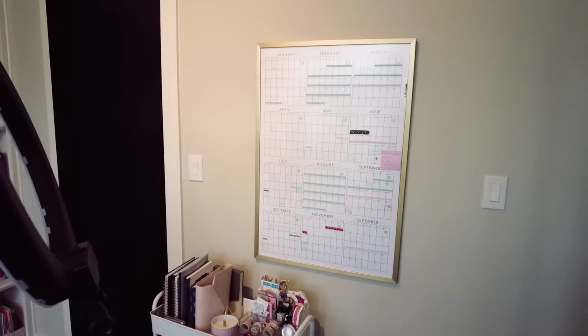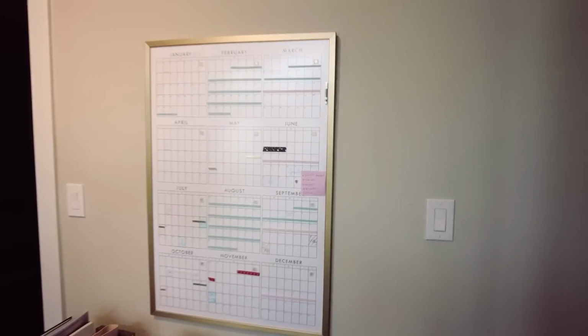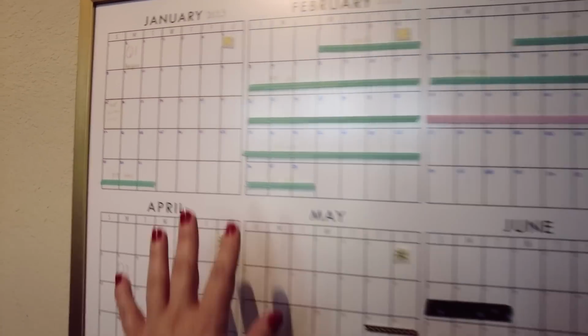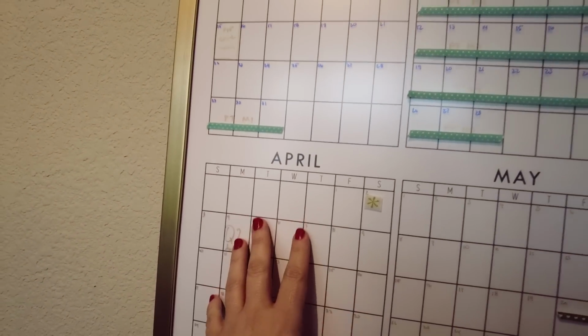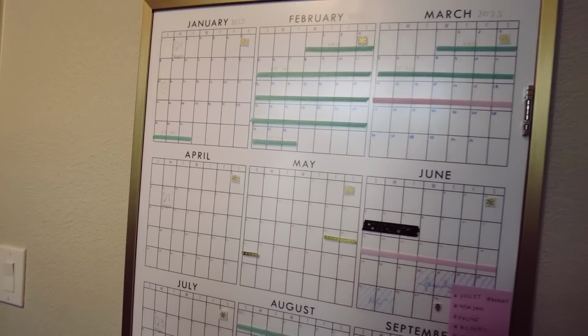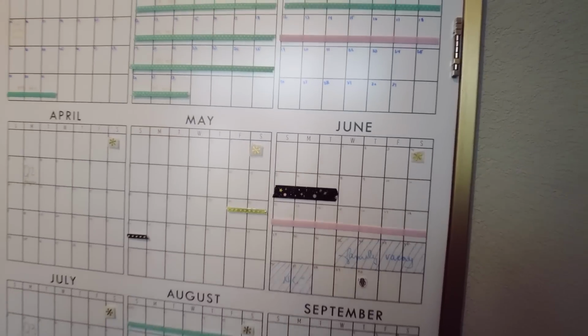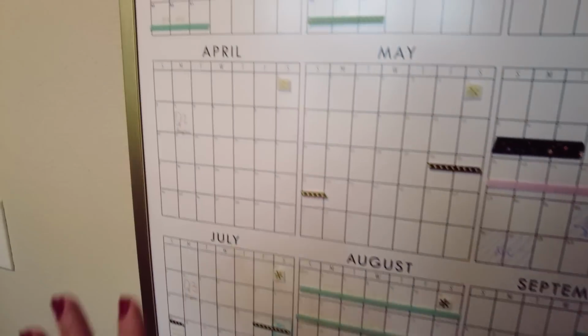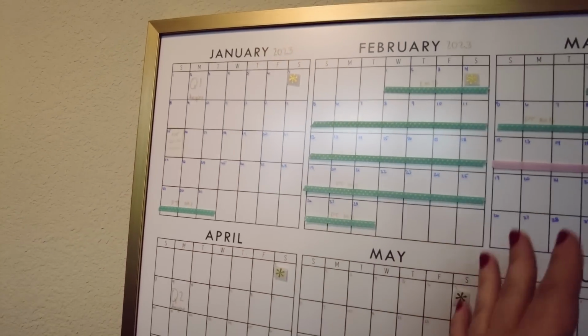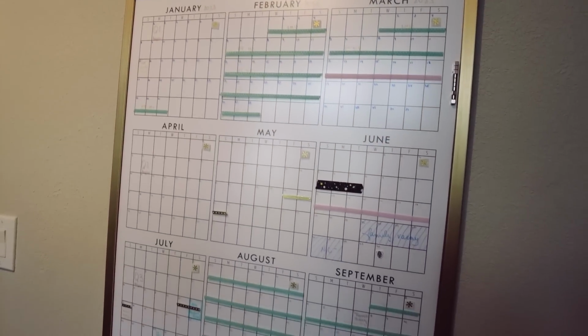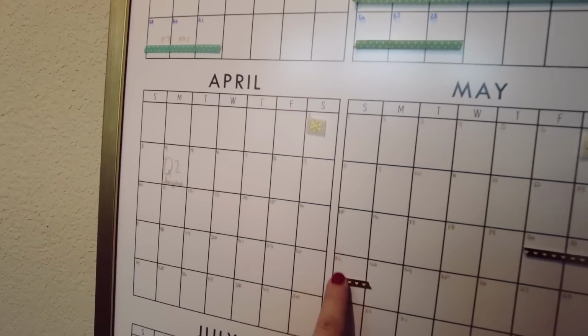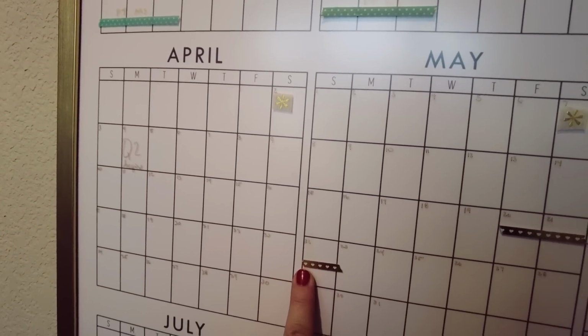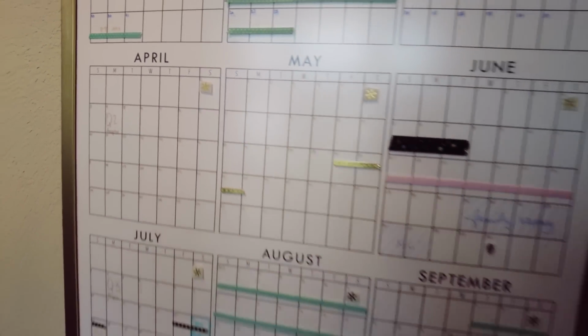The other thing in this particular room is I have this really cool magnetic sort of acrylic calendar here. This came from, I think, Circle and Dot or something. I will link this in the description for you. But this was a really good tool for me last year. It basically has an undated calendar that you can use wet erase or dry erase markers on, and you can see the full year at a glance.